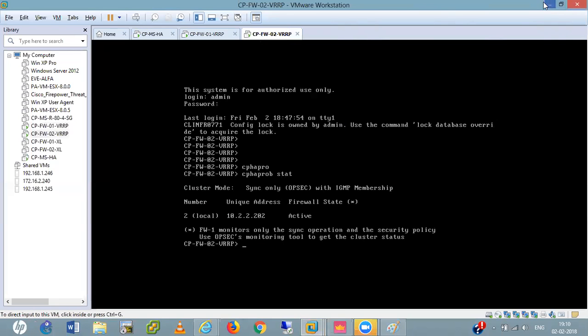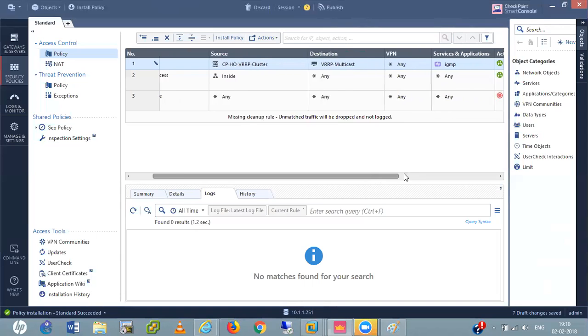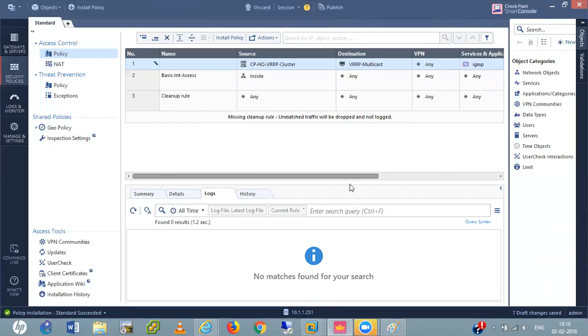The problem. Tell me one thing. Both firewalls are active. Suppose one host is sending some traffic. How will that traffic go? Which firewall? No, it's wrong. Here we did the wrong thing. One should be in standby state and one in active state. But the thing is, I didn't allow this VRRP traffic. So the monitoring fails for them.